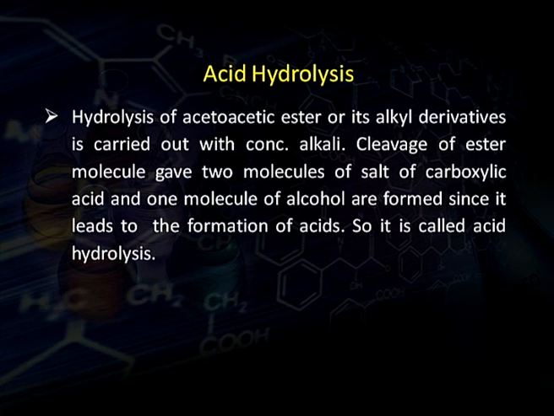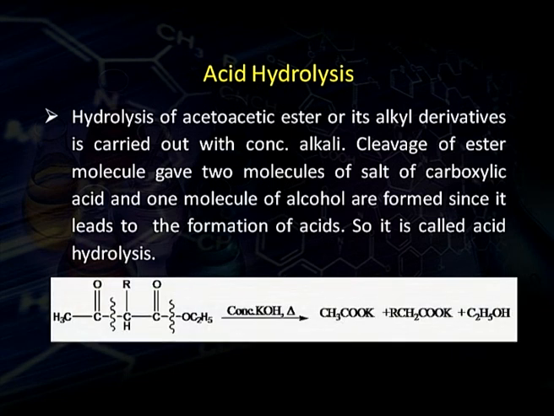Since it leads to the formation of acid, it is called acid hydrolysis. Cleavage takes place at these two places. So 1 molecule of potassium acetate is always formed, the other acid is the substituted acid, and 1 molecule of